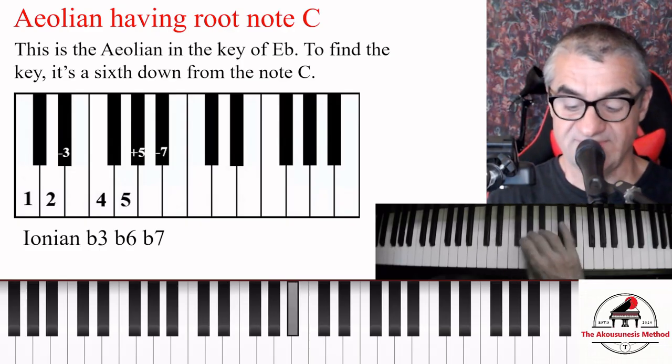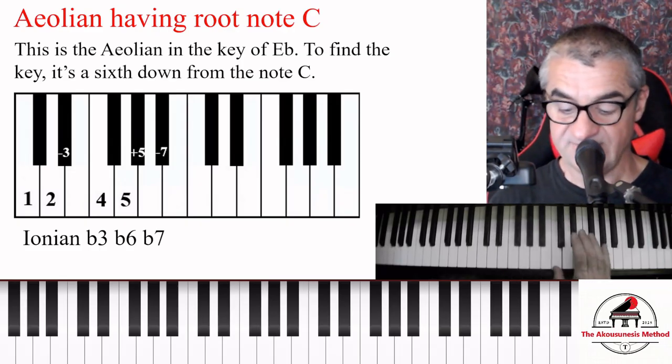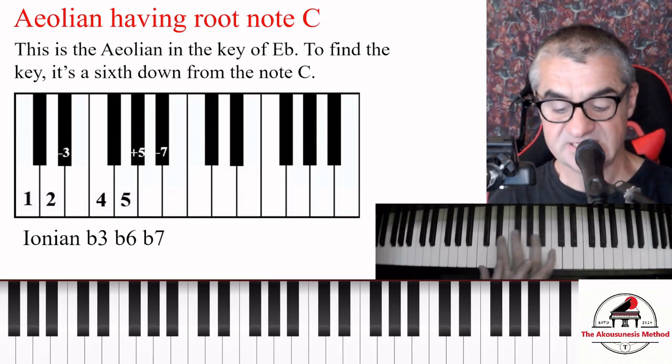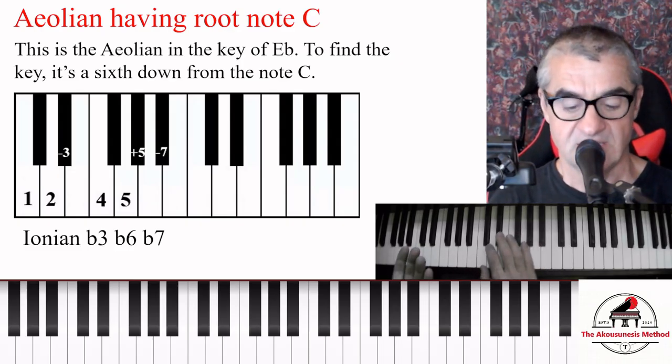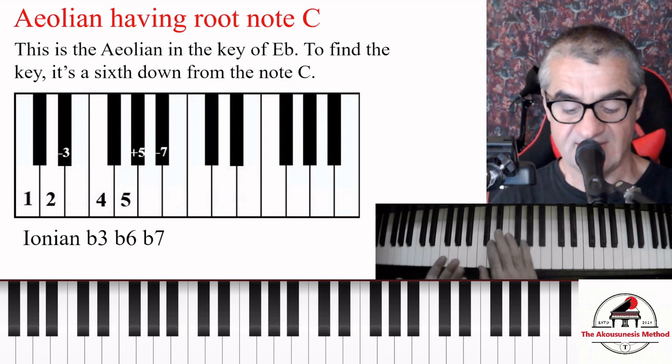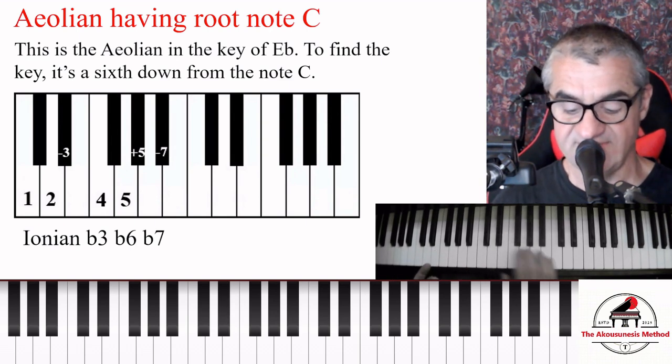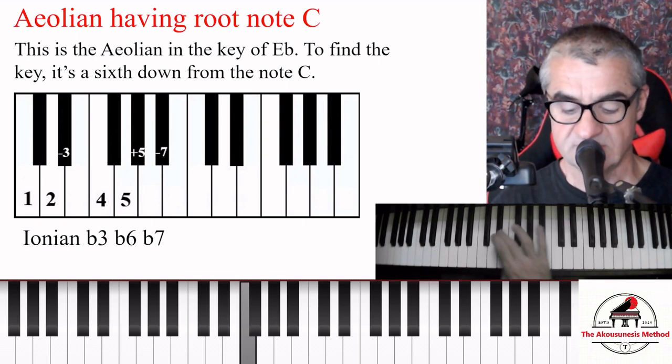1, 2, 3, 4, 5, 6. Now, I'll play it down here. If I play from C, if I want to play C Aeolian, I just have to know the key, right? And I know the key is E flat. And I know E flat has got E flat, A flat, and B flat. So all I do,